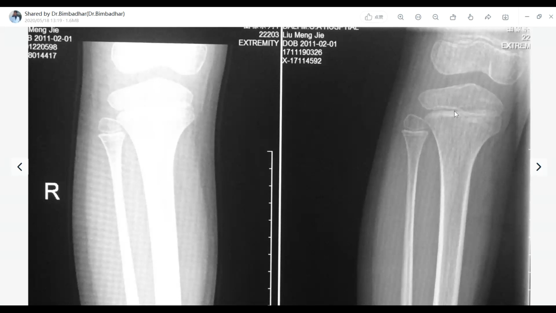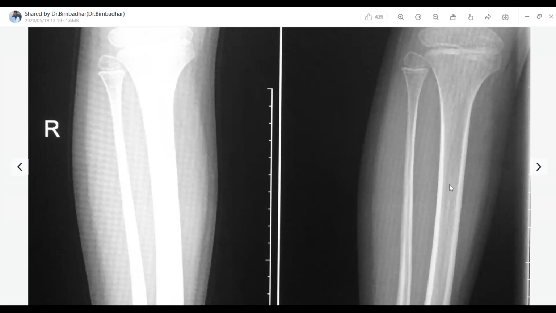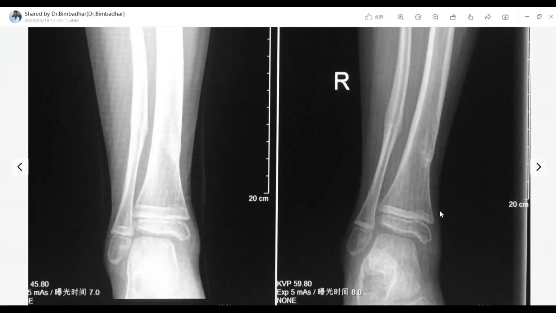So it is non-ossified. Exactly, that is what I'm saying. You need to know about the ossifications, the ossification centers. Which bone gets ossified at which time? That is why we talk about comparing to the symmetry. Even if you don't know that, the rule of symmetry applies, and you can see it. If it is present everywhere, on the proximal side and on the distal side,